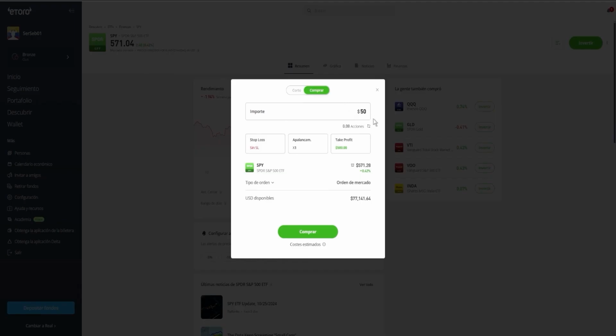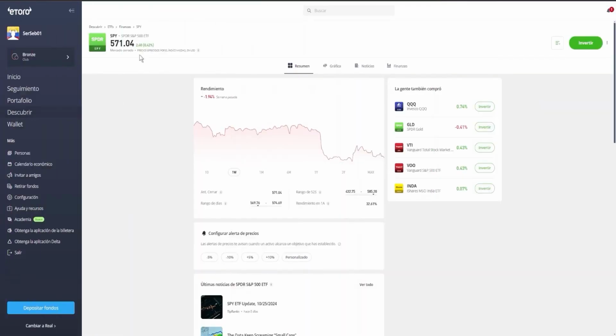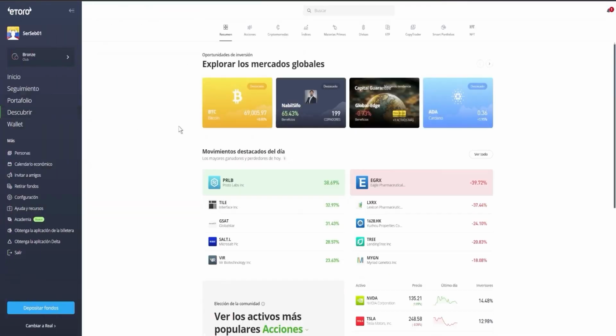And as I was saying, this provides us with the significant advantage of being able to invest practically any amount of money. Because if I enter any amount here, let's say $250 for example, it will immediately show me exactly how much I'm buying compared to the total of one share or one ETF. And again, this isn't just with stocks and ETFs. Literally, you can do this with any of the investment options that appear here.